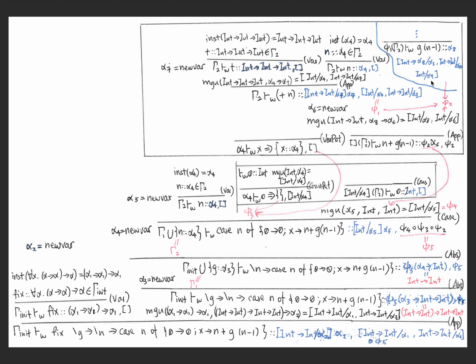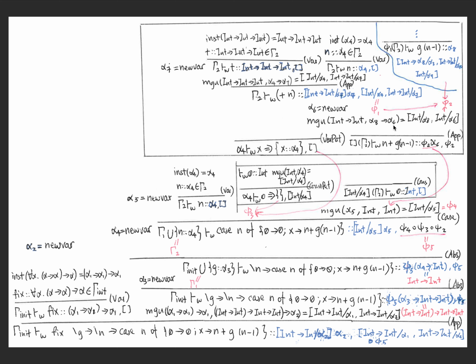So now let's say we have to look at this application. We have the information of this sub-expression and n plus. So n plus, recall, has a type alpha 7. If you apply the substitution, we actually get int to int. So we're going to unify int to int with this, which is alpha 8. The alpha 8 is the actual